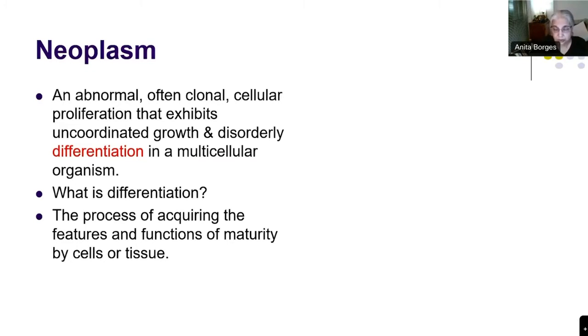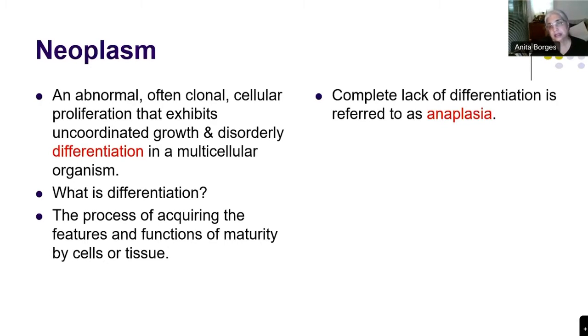Excellent. Okay, so if that's the case, now we know what this is all about. When something completely lacks differentiation, we refer to this as anaplasia. Okay, that means it has no characteristics at all. So when I look at it, I do not know what this particular group of cells is all about. Okay, so it is completely lacking features of any kind. So I don't know where it is going to end up.